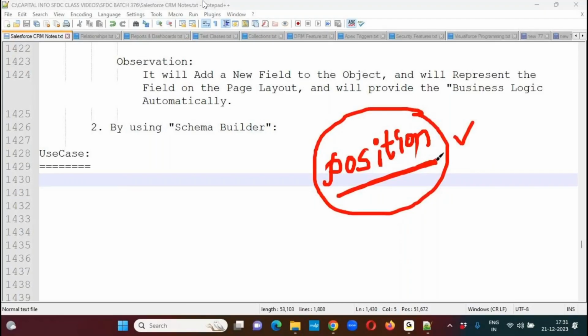So to store all the details of the position, I would like to create a position object along with some fields I want. Then what fields I want inside the position object, I will list out the field name. You have to suggest me which data type is suitable. Whatever the 19 data types we have discussed till now, from those 19 data types, which data type is suitable for each field, you have to decide. Okay, now